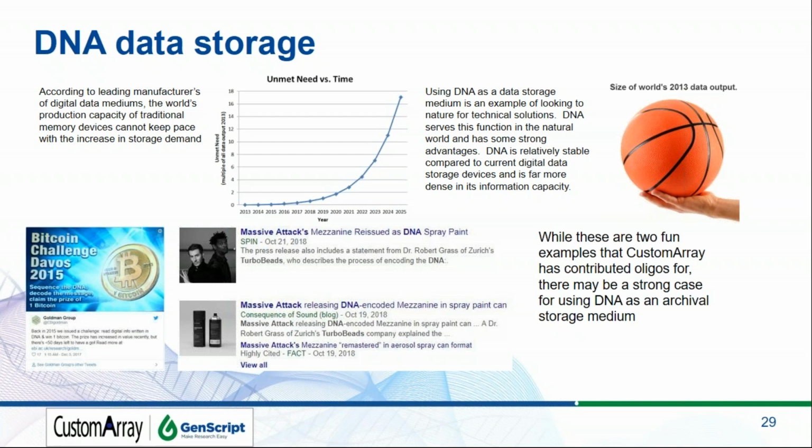This is work done by Dr. Robert Grass in Zurich, and we made for him a set of oligos. He encoded an entire audio album by the band Massive Attack. The album was Mezzanine. He encoded it in DNA using his data algorithm. We synthesized the DNA for him, and this is something they've done to show that it's possible. It's a little bit of a marketing stunt as well. They put out a spray bottle that just had the DNA that we had made for them, amplified PCR product of it, of course. They put a little spray bottle of it